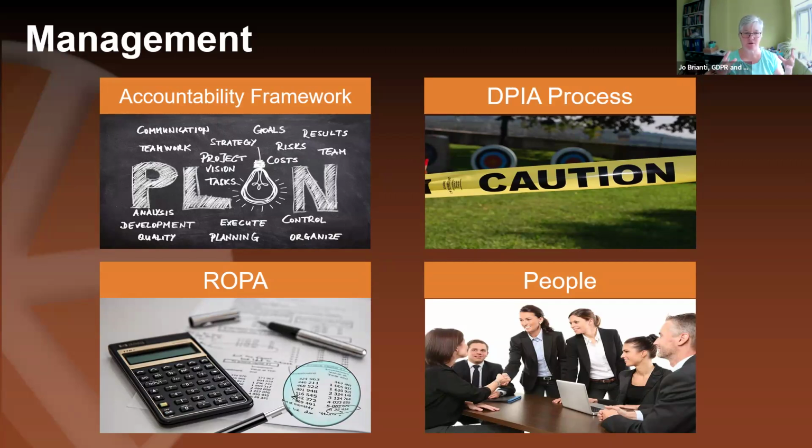The DPIA process, this is about your risk management. Now, anybody who adopts AI, specifically if they are using AI for personal data, should undertake what is called a data protection impact assessment. And it's about you assessing the risk. If anybody needs the link to some information on the DPIA, I can give you that.